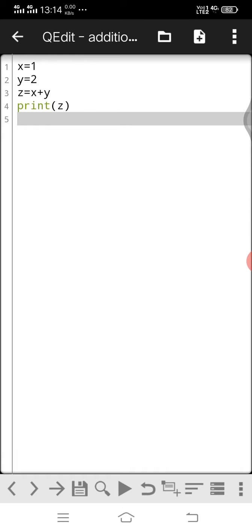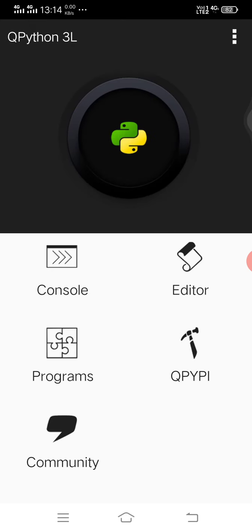But the major difference between these two options is that in console you will have to get the output line by line. Every time you write code, first line, second line, third line. But in case of editor, a complete file is created, and after that you will have to save the file by using the extension py, and it is quite beneficial to write code in editor instead of console, because we can edit the program later on in editor.